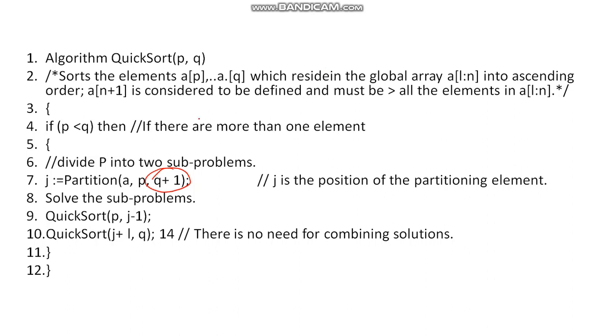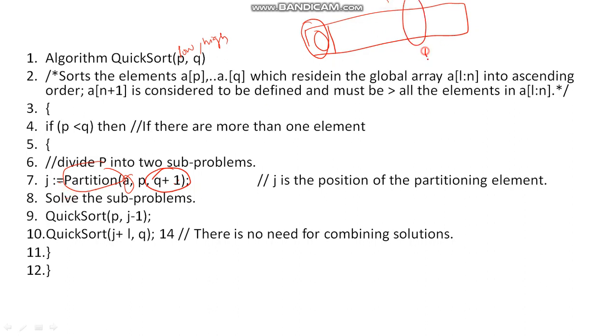So this quicksort is calling that particular partition. Given an array, the pivot element is selected, that is j is equal to partition a, p, q plus 1, where this is low and this is high. So a is the array now. Whatever the first element is selected as a pivot element, this pivot element will be placed at the appropriate location. So that is j over here.